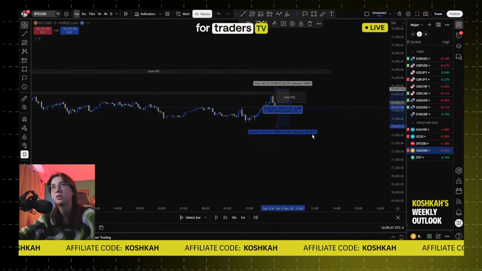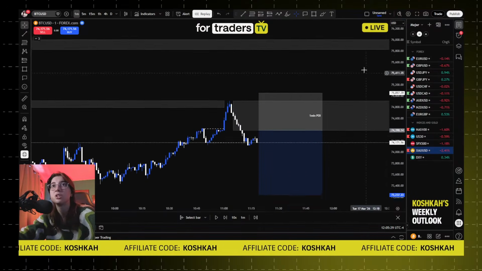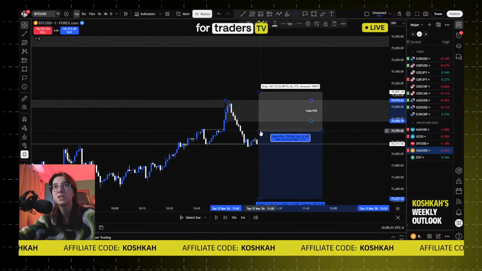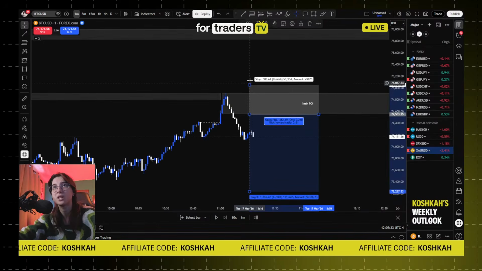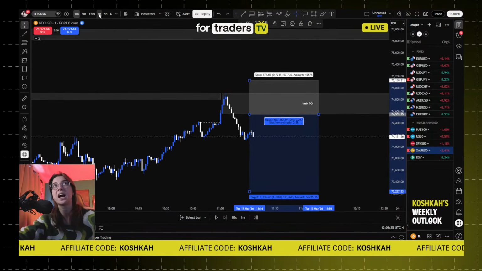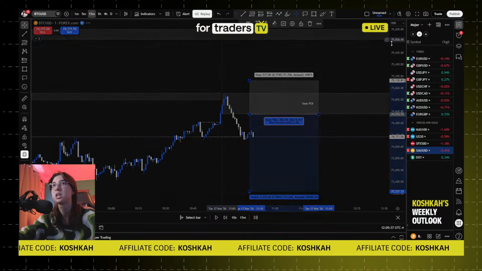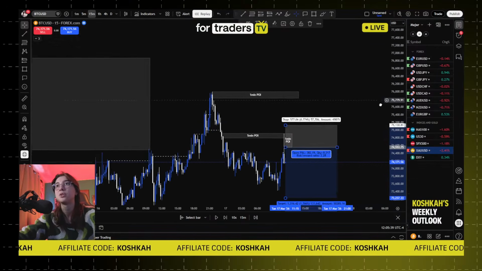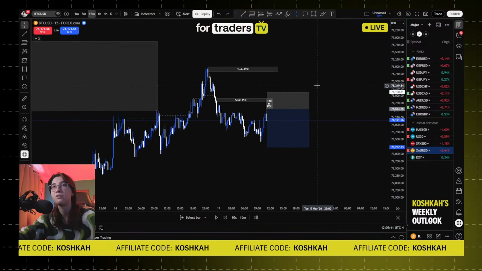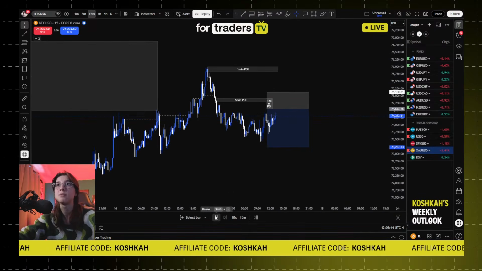So basically, the 1 minute POI was good enough. As you can see, bam, entry right here. Stop loss will be above the high, adding a few extra pips. And this would have been the trade, as you can see, before the most extreme POI. So let me show you what happened.